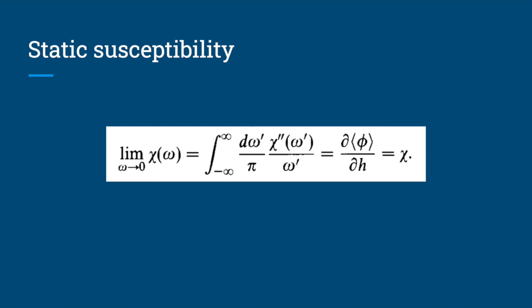Thus the response function is the limit of this chi of z. So the complex number z, its imaginary part will approach 0, so it approaches the real axis of the function chi of z. And we know that this is analytic in the upper half plane, like said before. When the frequency of the external perturbation tends to 0, so basically when omega tends to 0, we must get the static susceptibility, which is what is given in this equation.